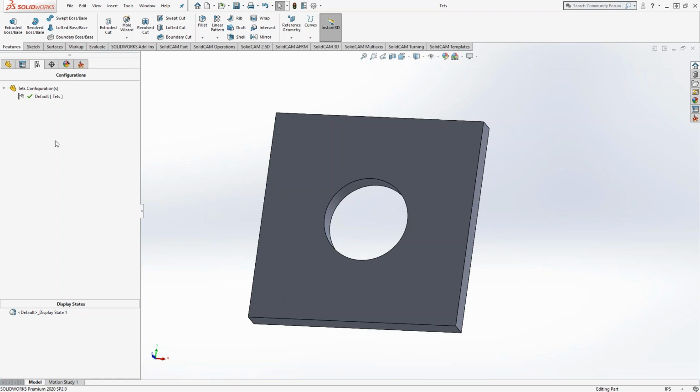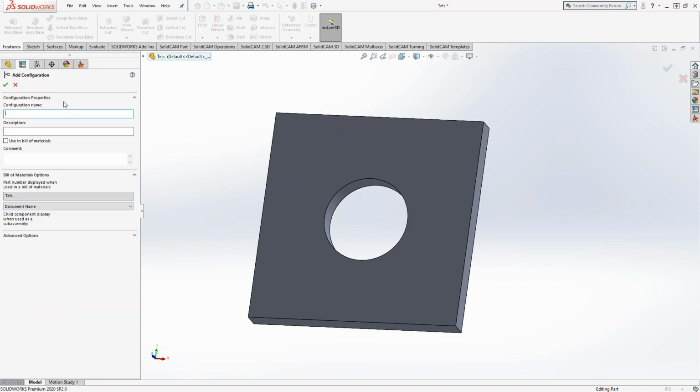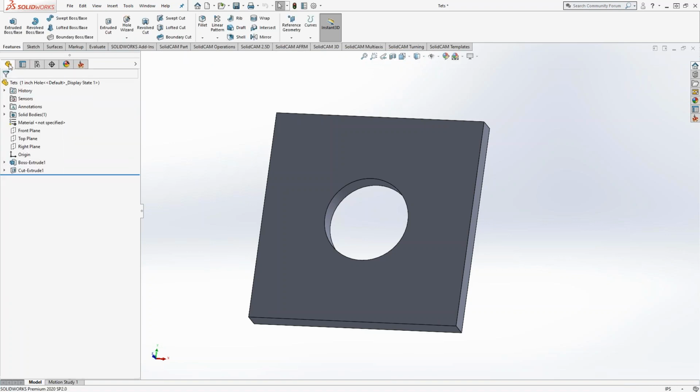But in terms of configurations, it's kind of what we've been seeing. One file can represent all the different versions of the family of parts. So it starts off having just the one default. If you right click, you can go to add configuration, and you can give it a name. So let's say we call this one 1-inch hole, representing that the hole in the middle is now going to be 1 inch. So in this configuration, we can go back, and for the cut extrude, we'll change